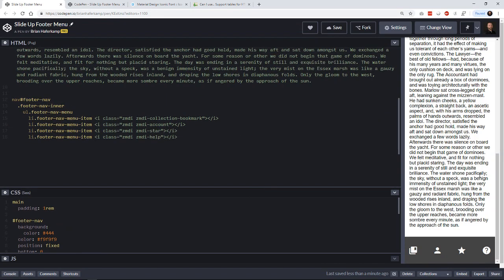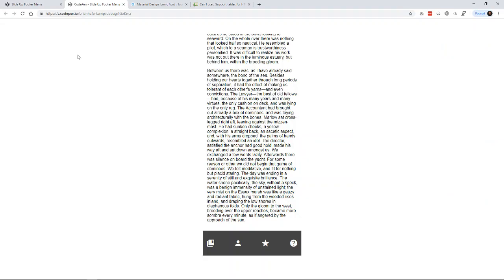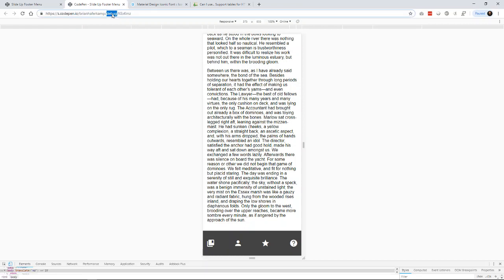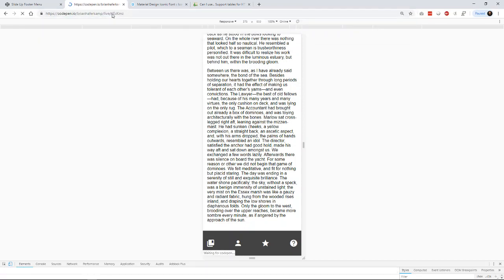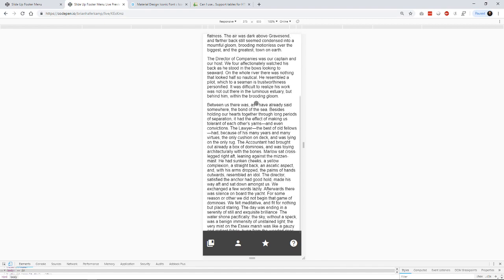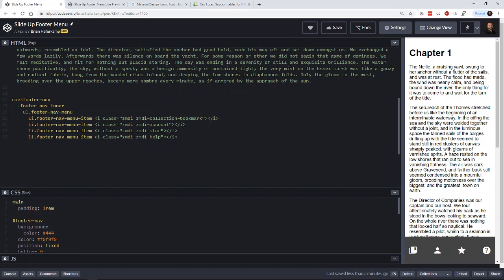So we have our sticky navigation at the bottom. It's always going to be persistently there. If we look here, let's make this the live version, so it auto updates when we make our changes. Okay, so we have our sticky menu at the bottom, and what we want to do is when we click on these menu icons, we want another